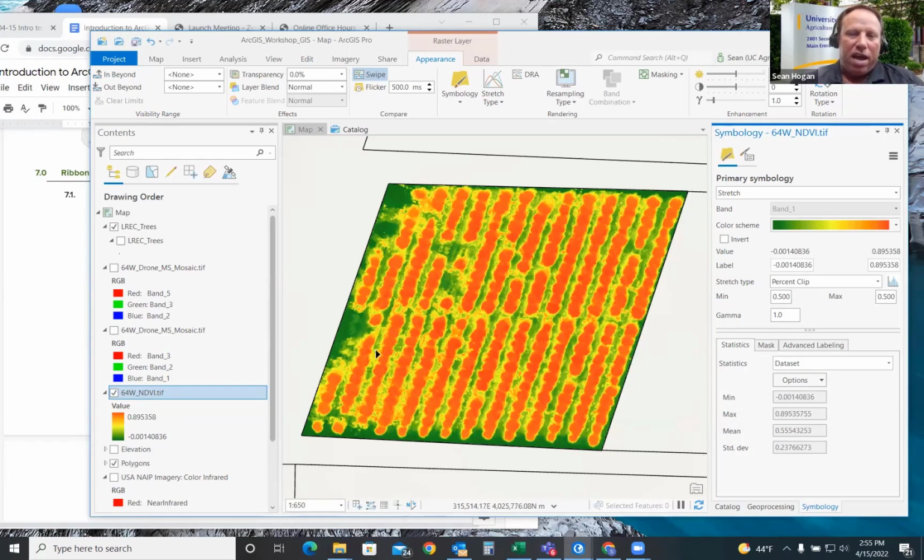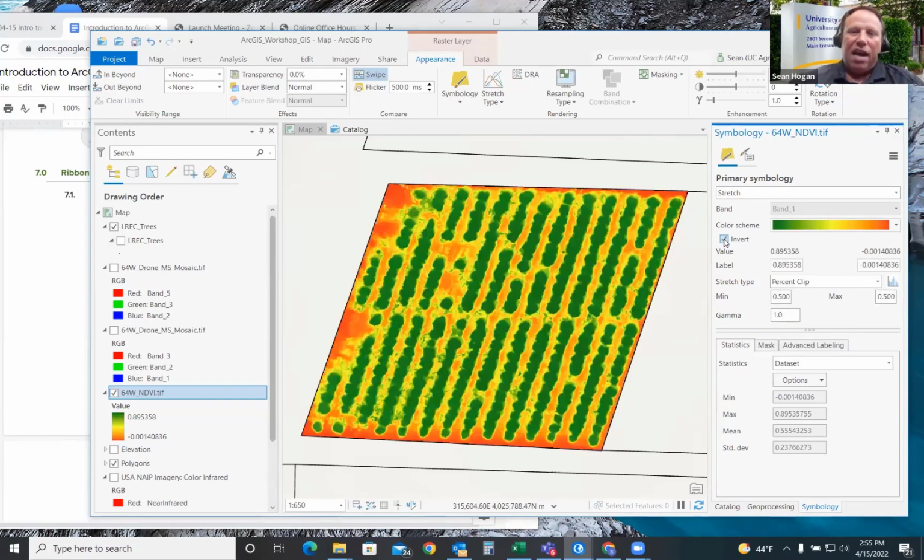So bright red is plants, and green is areas that aren't plants. So what we can do is invert that by clicking the invert button over on the right side. And now the nice healthy plants are green, and the soil or the not alive vegetation on the ground is not showing up as green.